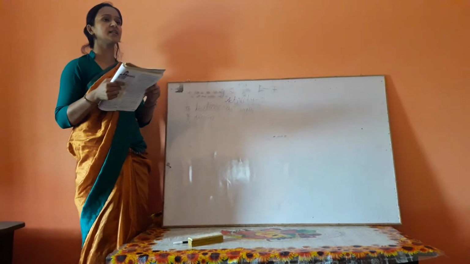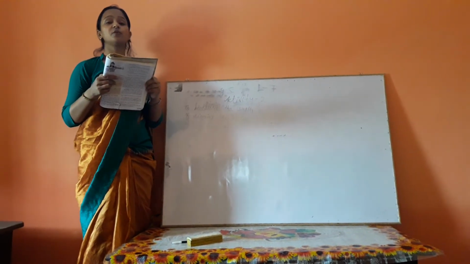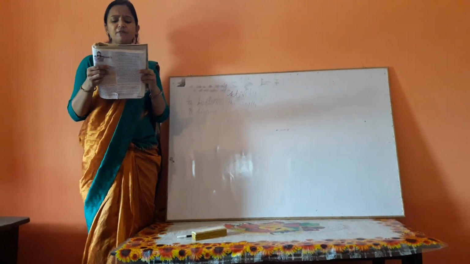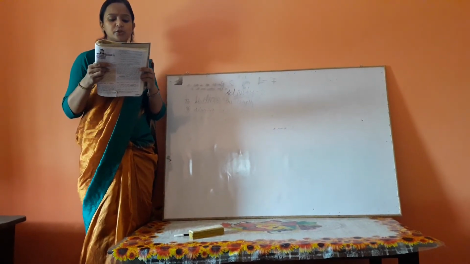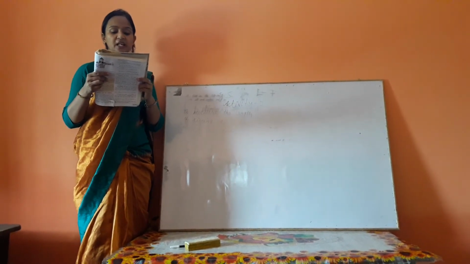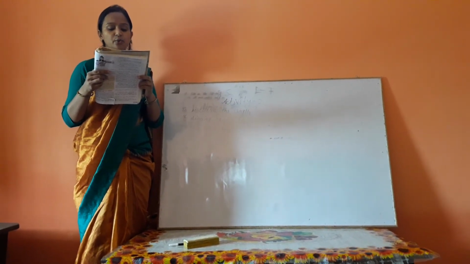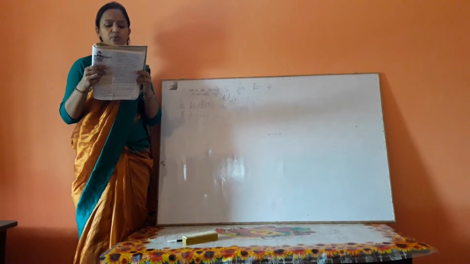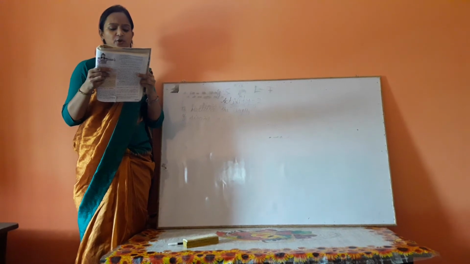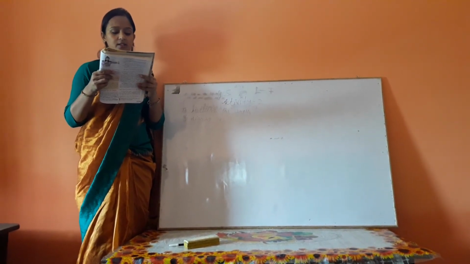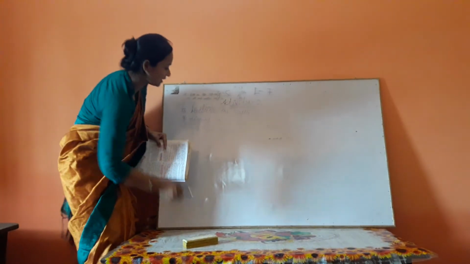If we say the length of the room is 10, it means what? 10 centimeters, 10 meters, like that. Need for a measuring scale: consider two rods AB and CD which are almost equal in length. However, to know which one is longer, we can place them side by side as shown. Thus, we can see that rod CD is longer than rod AB. I will draw the diagram.